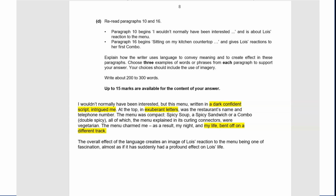persuading her to order. And that last quote, which is probably the most striking, I mean, it's just a menu. My goodness, it must be a very, very special menu. Kind of linking, I guess, to the overall effect that this menu has had this sort of unexpected, profound effect on their life, that perhaps it's going to influence their job or change the way that they look at things,